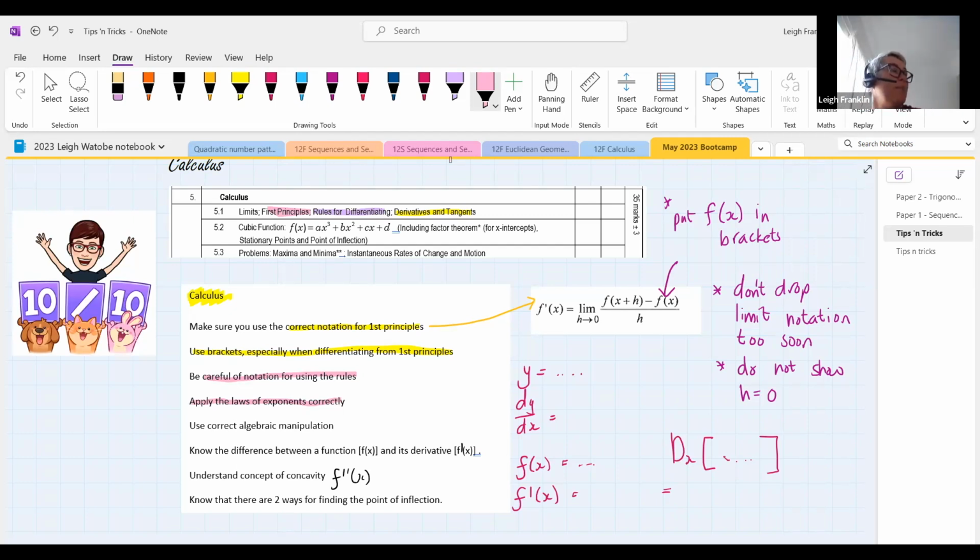If you have a bracket with two terms in it that's squared, make sure you use FOIL to get rid of the brackets. And then the other thing you've got to be aware of is what to do when you have roots. You need to remove all roots before you differentiate. So for example, if you have the cube root of x to the power of 4, remember